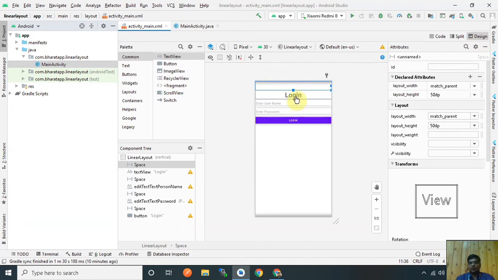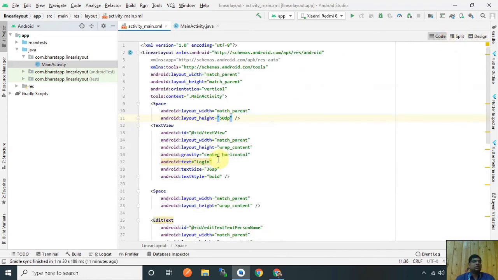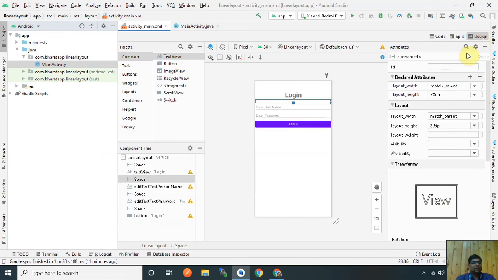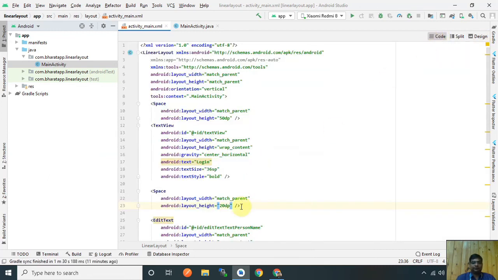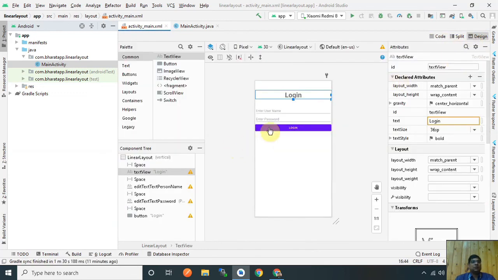Now I add the space between login and enter username. So here I add 20 dp. Now check this. Is it good or not? Some more space, over here 40 dp. Now it is good. Now I add the space between enter username and password.